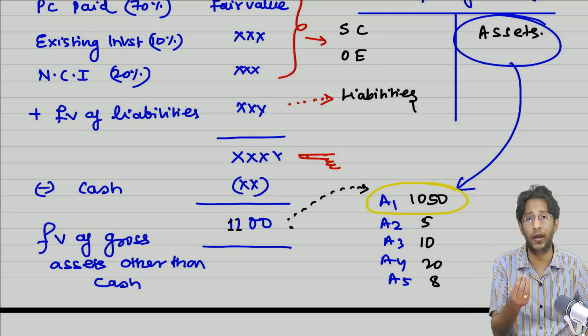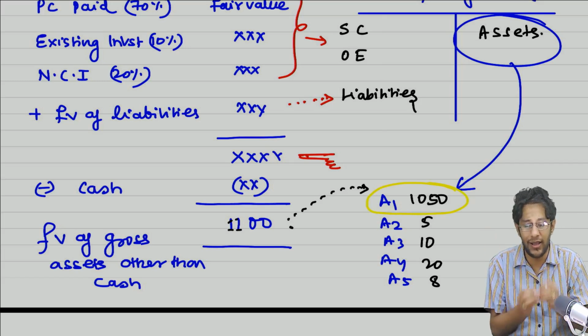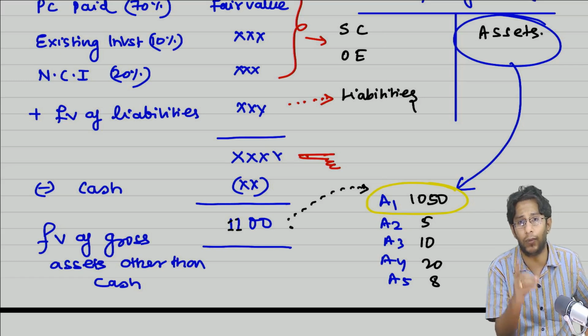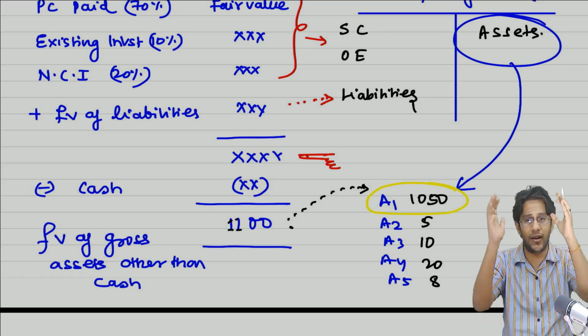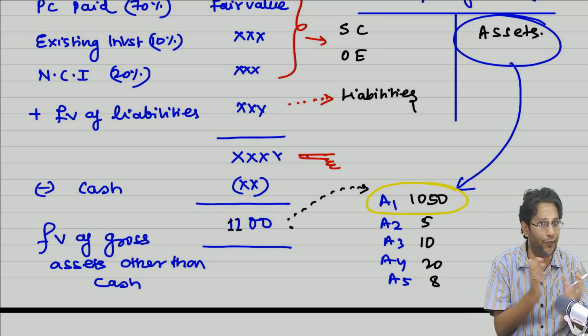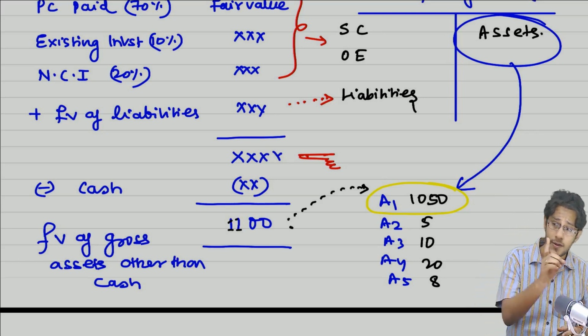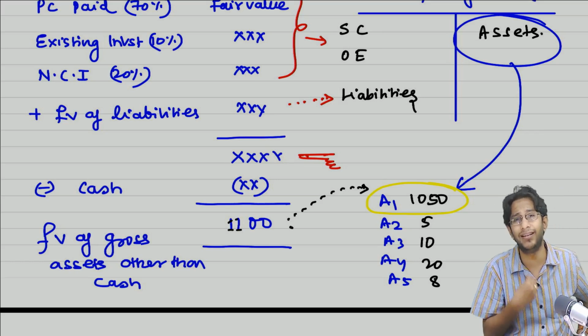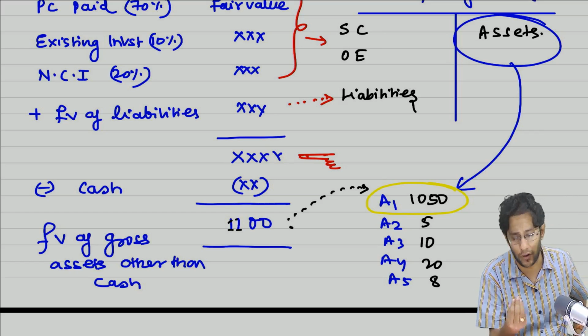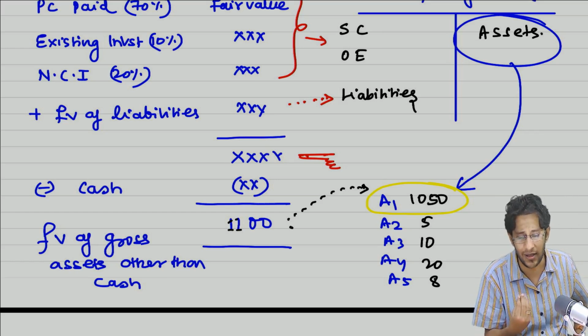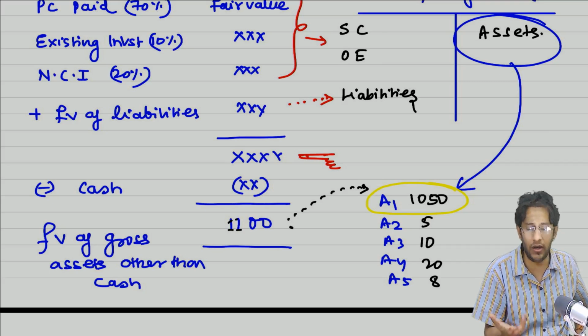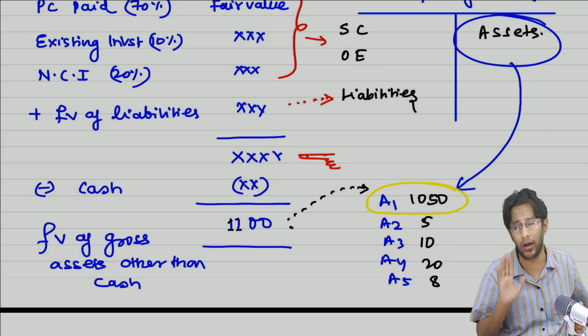So even though you are paying 1100 overall, effectively you are trying to buy a single asset called A1. The entire liability and equity side of Y Limited is concentrated and focused on a single asset called A1. Now, how can I say that this is a business acquisition if that level of concentration is there? Predominantly, you are acquiring a single asset called A1.